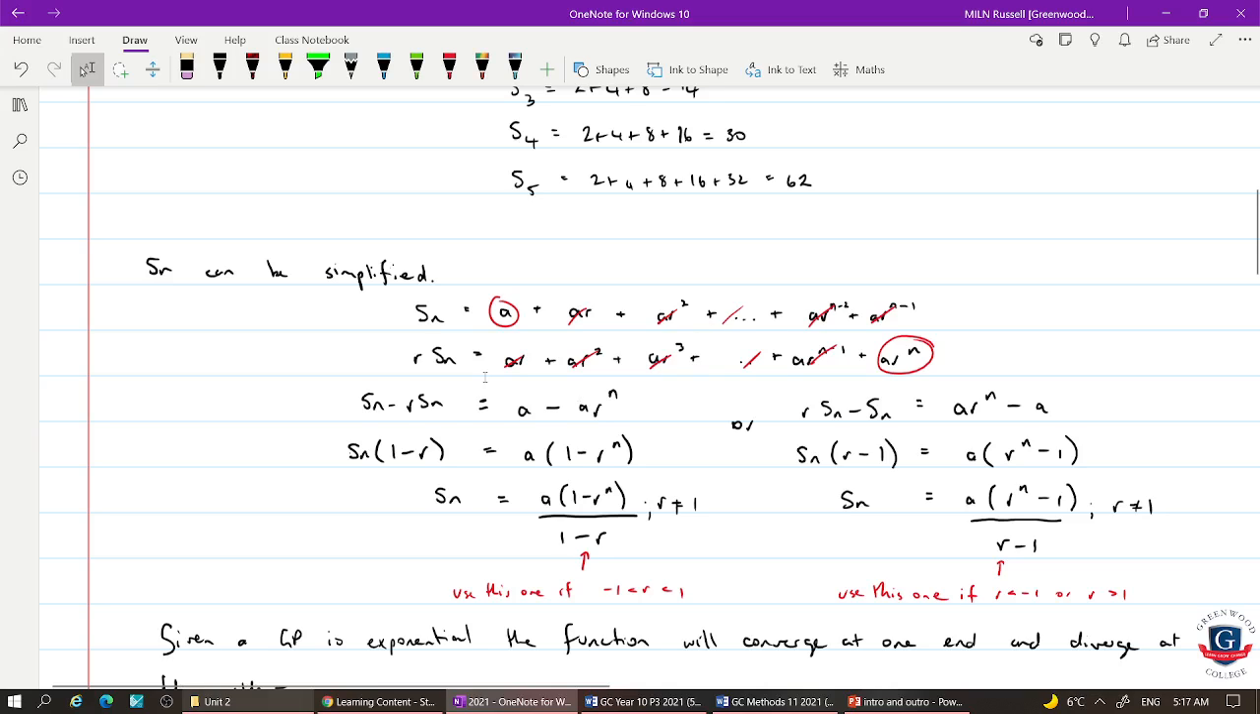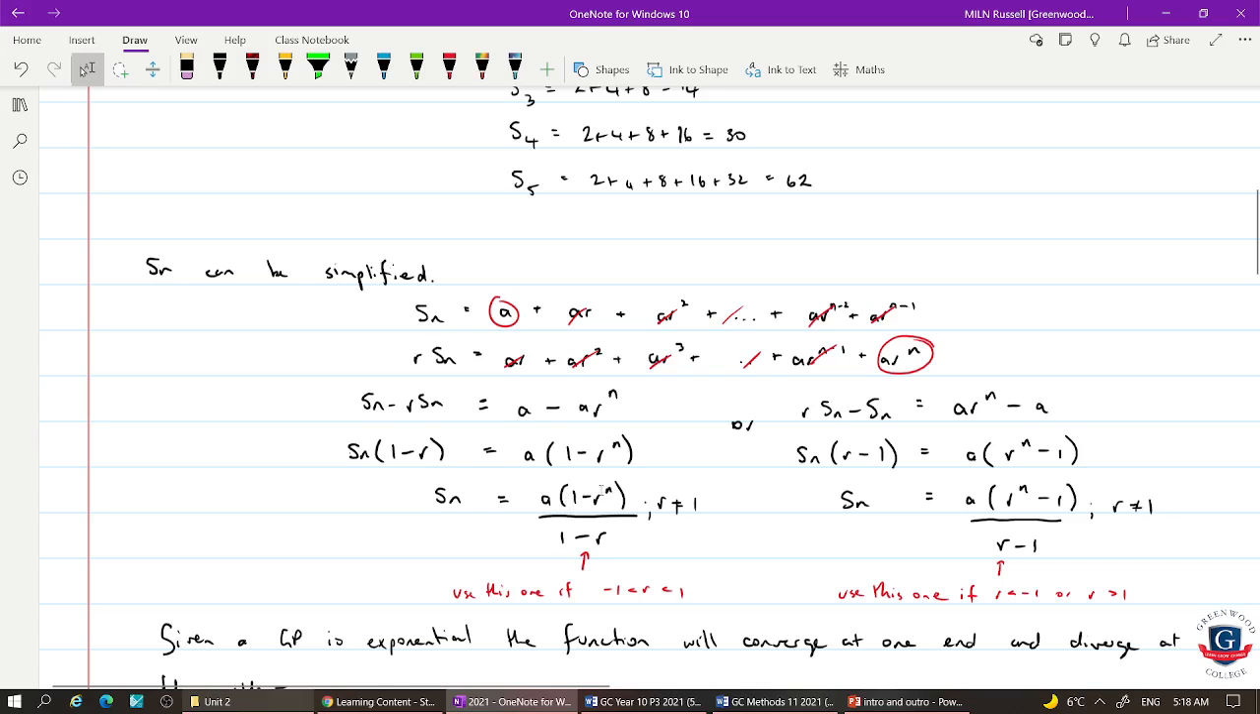And as you can see here, if we subtract them, Sn take away rSn, that will cancel, that'll cancel, all the way down to the second last term, which cancels, and we're left with a and ar^n. So take that, you end up with this line here. If you factorize both sides, you end up with this expression. Divide both sides by 1 take r, you end up with the series is equal to a multiplied by 1 take r^n